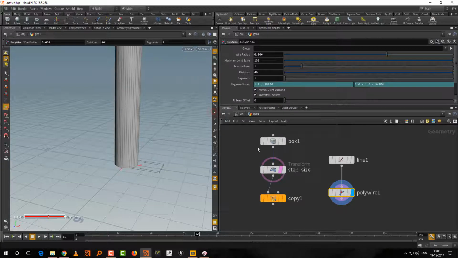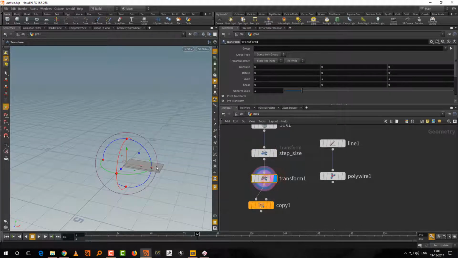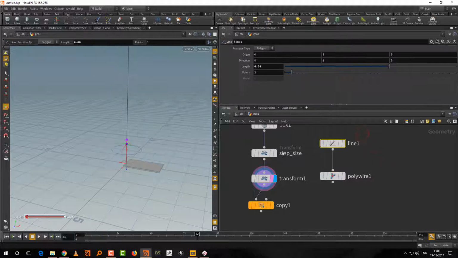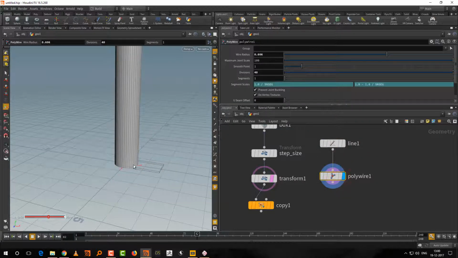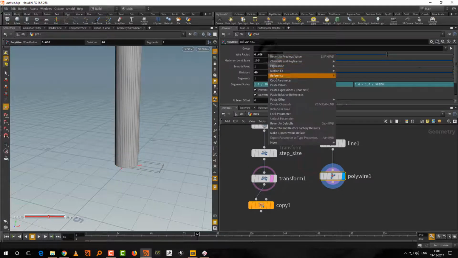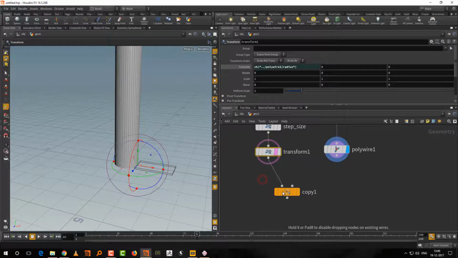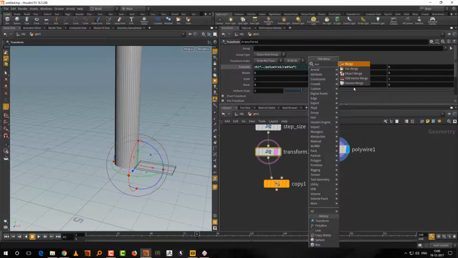So what I can do is, after the step size, I can take another transform and say I want to push this out by 0.6. So it's sticking to the edge of this staircase. So I take the radius, I'll do a copy, come in here, come to x-axis, and paste relative reference. See, and then if we merge these two together,